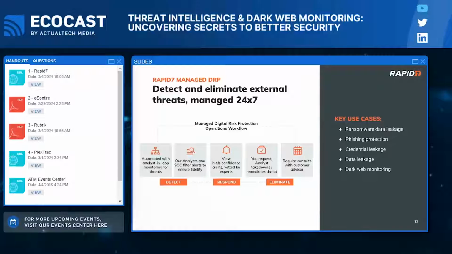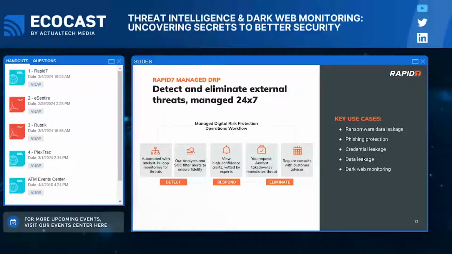And then we work with you to notify you, hey, there's this threat out there that has happened. Would you like us to take down this website on your behalf? Would you like us to purchase this information off the dark web for you? We know a lot of organizations, their company, their legal departments don't want them out on the dark web purchasing information, or maybe you don't have access to cryptocurrency or things like that to do it.